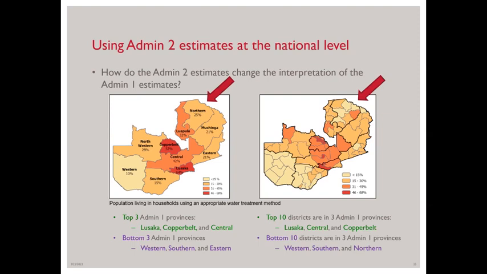But when you look at the district level map, you can see why this is. There are 4 districts with that lowest estimate, and then there's 1 district in that darker orange representing a higher estimate. So essentially the darker orange district is pulling up the average overall. So even though this province has 2 of the worst performing districts nationally, because it also has a district that's very high performing, those districts wouldn't be apparent from the admin one maps, and that particular area might need additional resources.